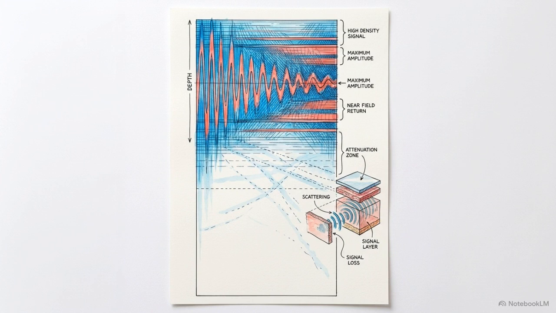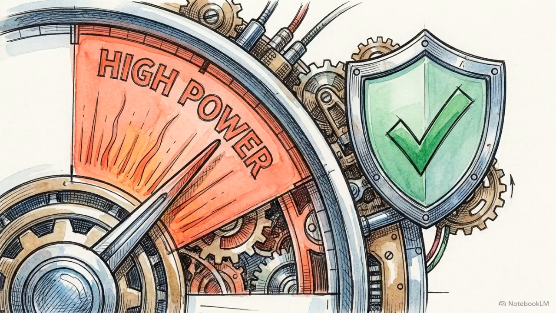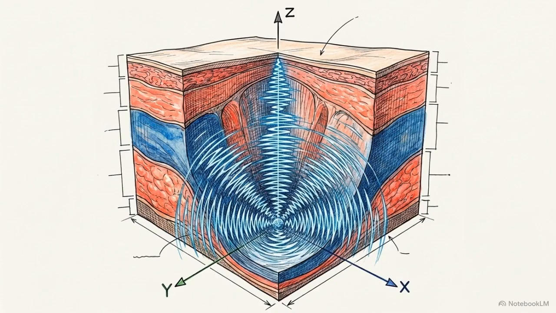Harmonic generation relies entirely on acoustic intensity, meaning the effect dissipates and is lost at extreme depths. Furthermore, generating that required nonlinear distortion demands high-power ultrasound outputs from the machine, which must be managed for patient safety. By exploiting wave deformation, harmonic imaging turns the patient's own deep tissue into a secondary transmitter, trading raw power for